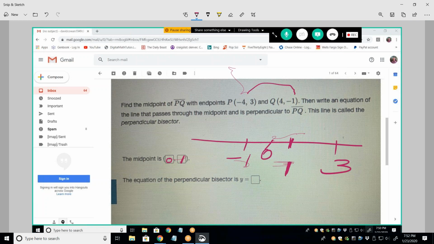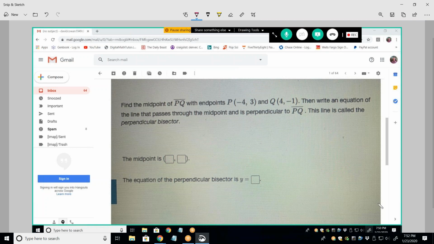So that's the first part. Then write an equation of the line that passes through the midpoint and is perpendicular to the line PQ. So in order to find